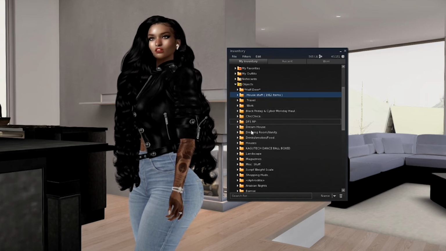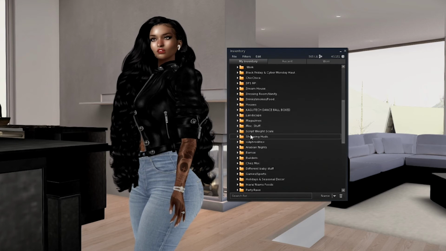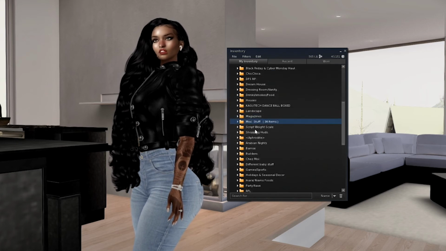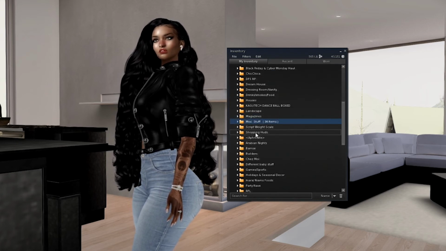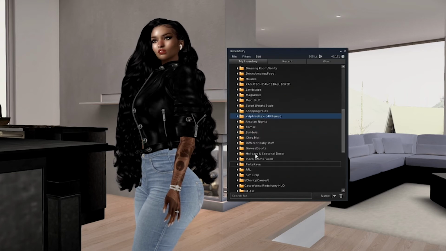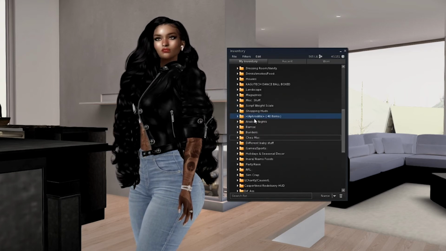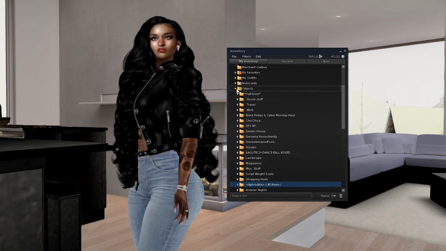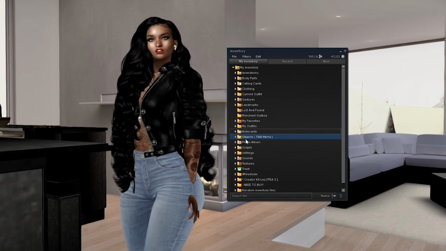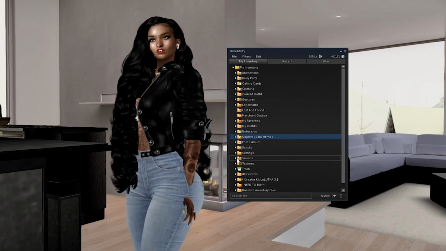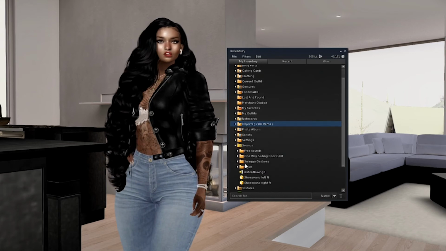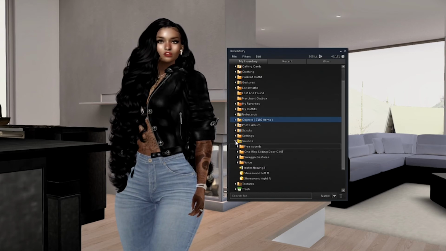And chic magazines, miscellaneous, my shopping HUDs, Aphrodite. So that's how mine is set up. My objects and my clothing, my sounds are set up like that.